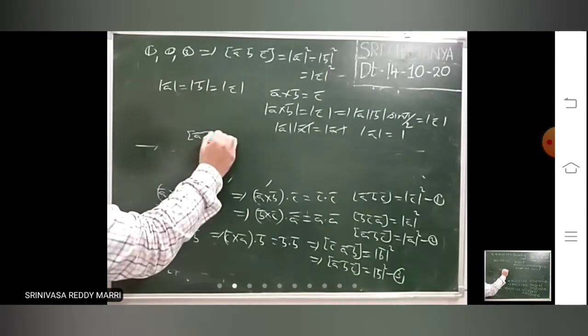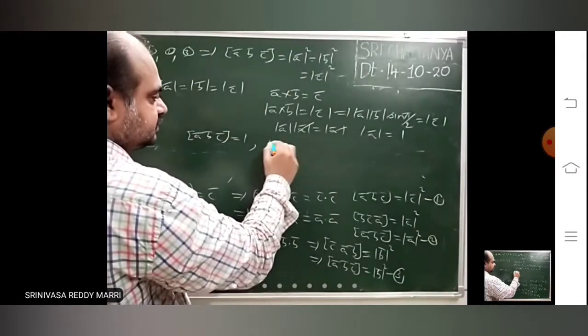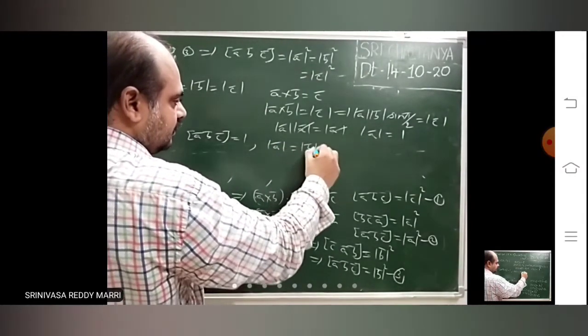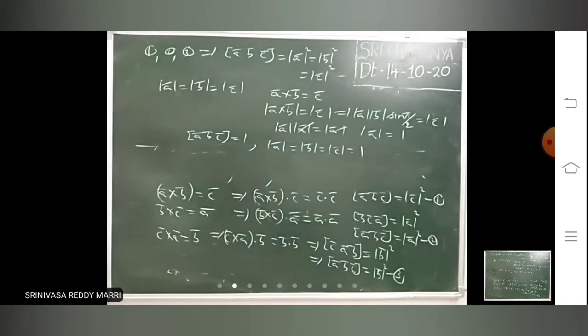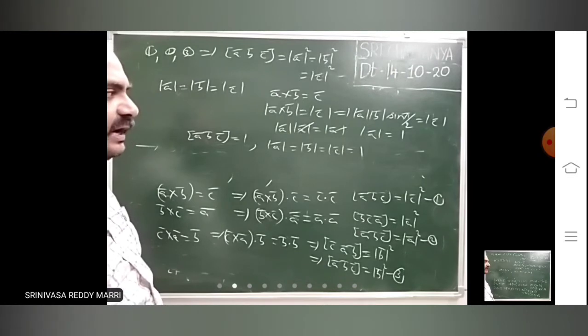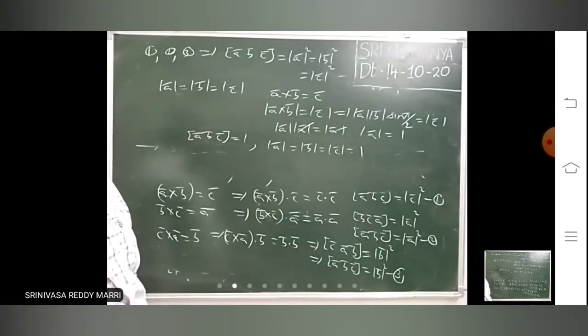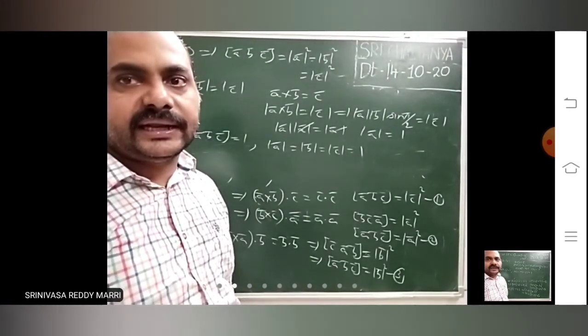That means equal to 1 and also 1. So that means those A bar, B bar, C bar are mutually perpendicular unit vectors. Whenever those three relations are given, those are perpendicular unit vectors.